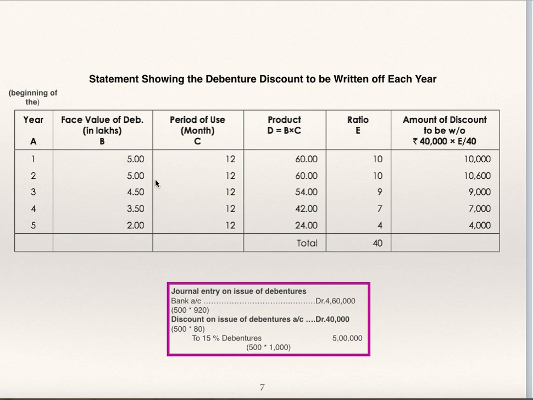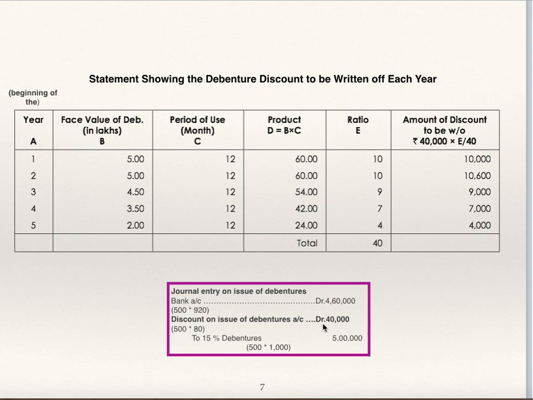You can calculate the ratio of this figure also. It is okay, the period is same. So if you multiply this by period, whatever ratio you get will be the same. 10 is to 10 is to 9 is to 7 is to 4. The figures are 2, 3.5, 4.5, 5 and 5. If you multiply this by 2, your ratio will be 10 is to 10 is to 9 is to 7 is to 4, because this is 4.5, this is 3.5, so multiplying by 2 gives round figures. So 10 is to 10 is to 9 is to 7 is to 4. In this ratio,